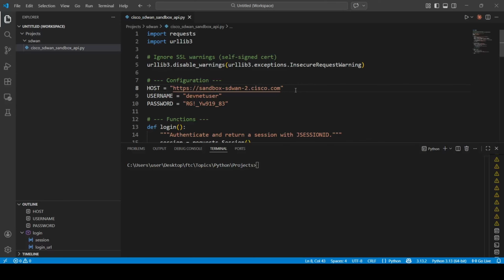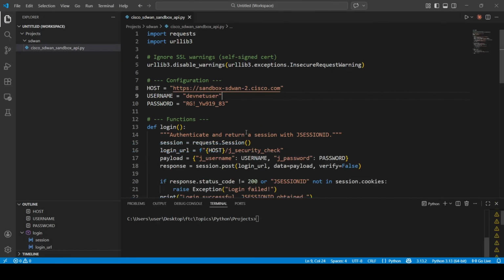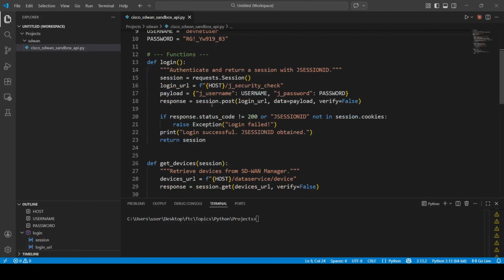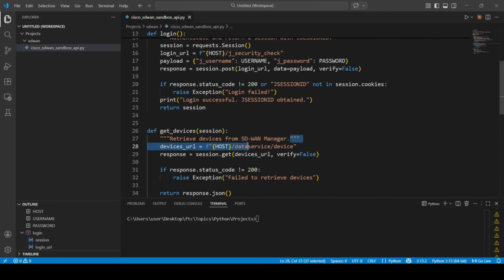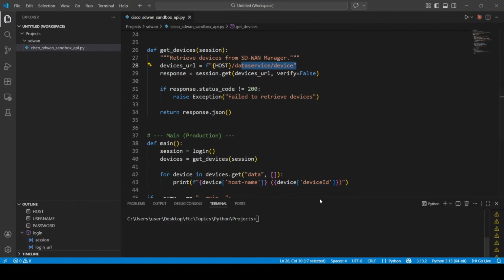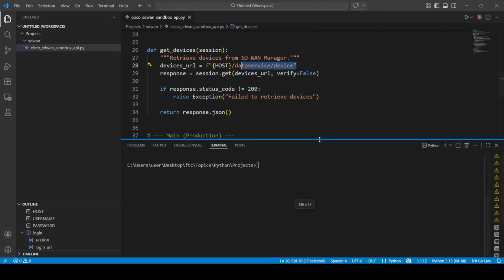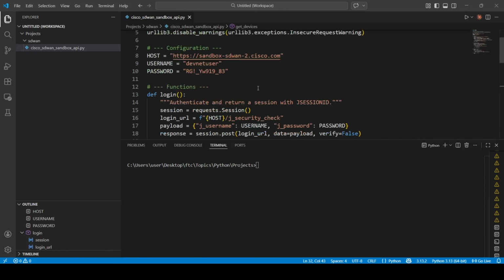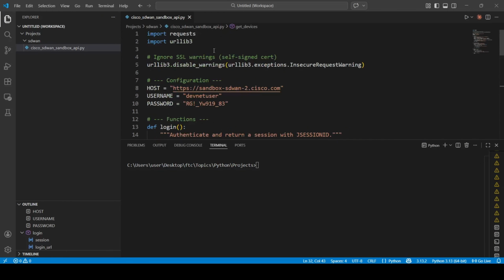Hey everyone, today we're going to learn how to run selected lines or blocks of code in VS Code. Okay, so I've got VS Code open and I've got a script here. This script will basically log in to an SD-WAN manager and retrieve the list of devices from that controller, or SD-WAN manager. Okay, so to run selected lines in VS Code, just highlight the lines and right click on them